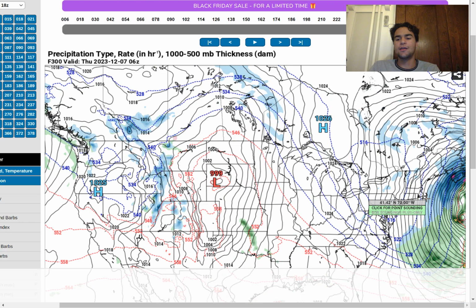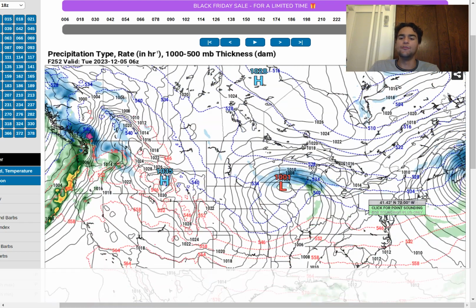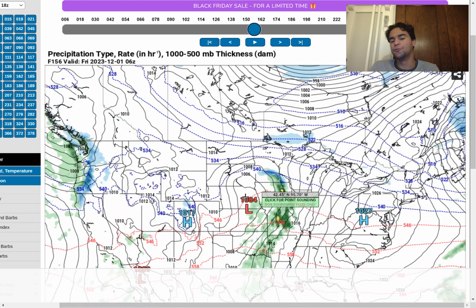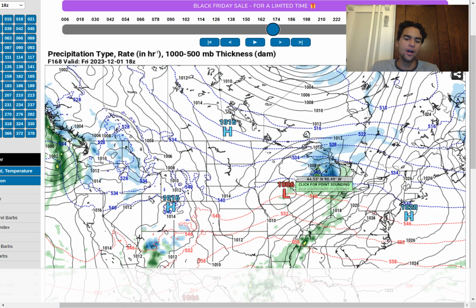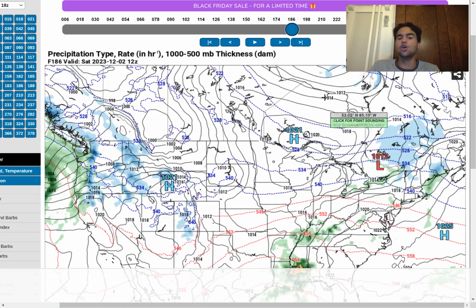So it's definitely something to take note of, but it really all depends on how powerful these two initial snowstorms will be. The more powerful they are, the more likely we're going to see a strong northerly flow that will enhance the possibility of potentially a more significant snowstorm pattern developing by the time we approach mid-December, which is what the GFS model is currently forecasting.